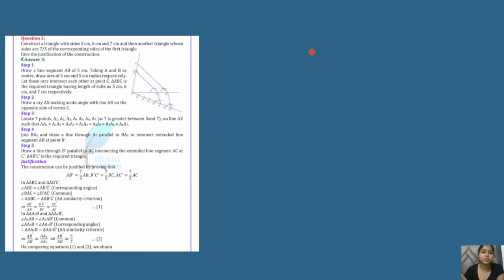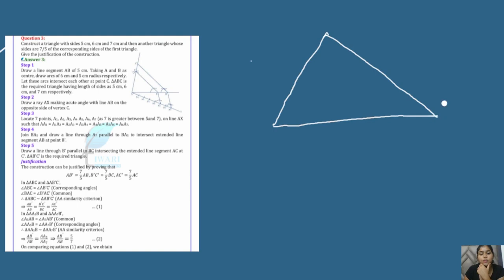So our next question is to draw the similar triangle. As I always told you, never look at the solutions, just look at my board and the question. So construct a triangle with the sides given. The sides are already given, so I don't have any scale to draw there, so I'm just roughly drawing the construction. I'm just roughly taking this 5, 6 and 7, right? Okay, you have to draw another triangle whose sides are 7 by 5. This is the particular thing we are given.